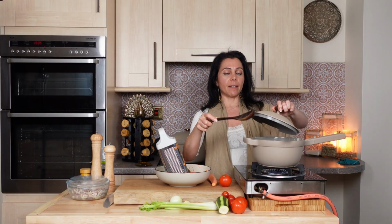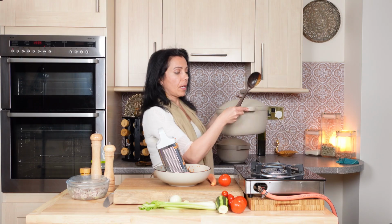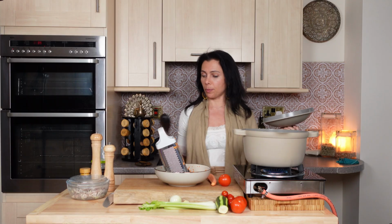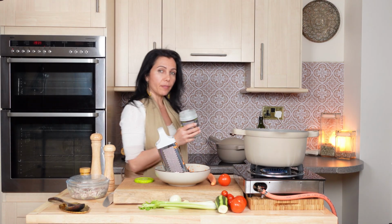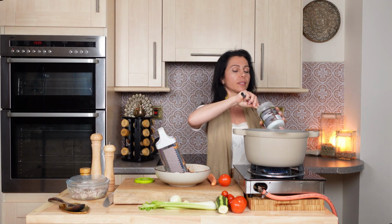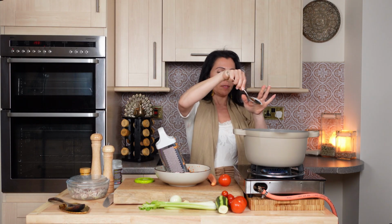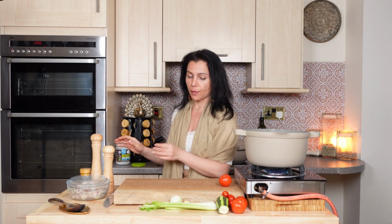So this is ready, and what I'm going to do is move this behind me. I'm going to bring this where we'll be making the actual soup. For this soup, we're going to be using a little bit of coconut oil, there we are. The first thing we're going to stir fry is the ginger and onion, fresh ginger. So we just need a small onion,